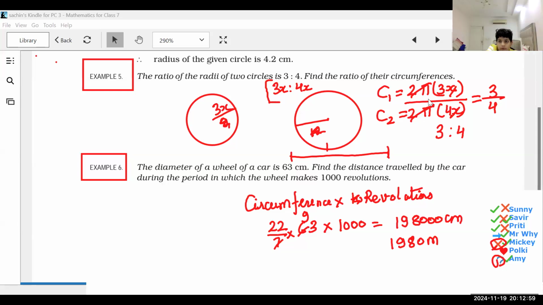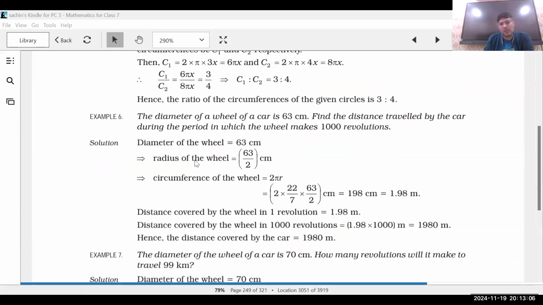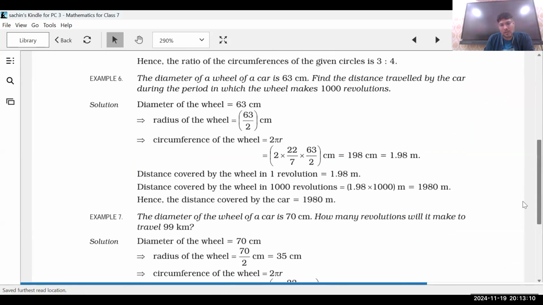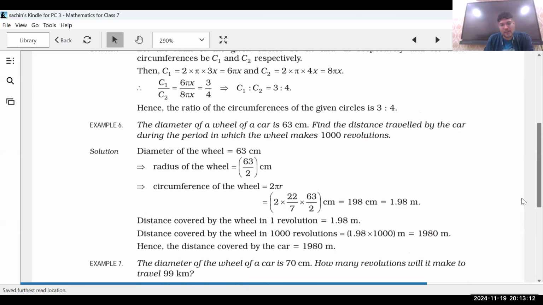Understood everyone? Preeti, Sunny, यस सर। Understood? Next question, ये कर लो 7th।